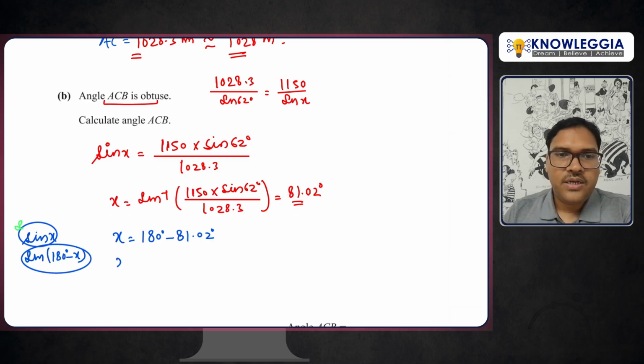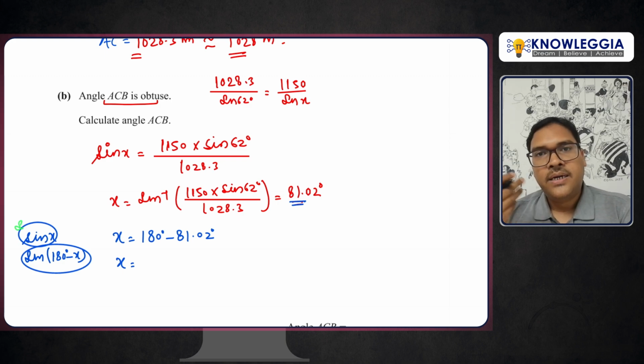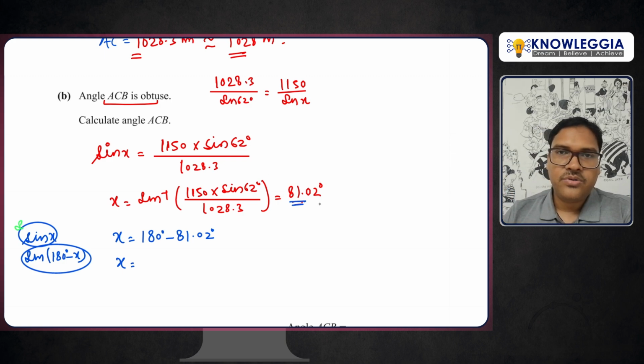So that will give you the answer because we have to write the obtuse angle. So that is why this answer is not acceptable. If they ask you to write the angle ACB, then you should write two answers. That is, one answer is 81.02 degrees and the other answer is 180 minus 81.02 degrees, and you can check this